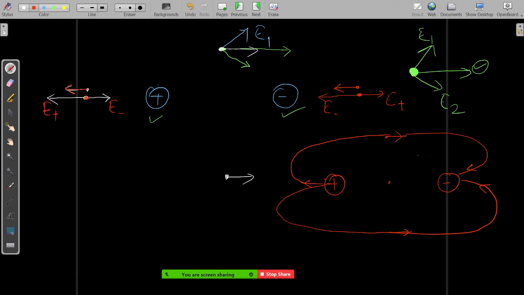In between also, the electric field at this particular point will be 0. No, sorry, it will not be 0. So the electric field will be from positive to negative at all the points in between also. So it forms a closed loop, right? So electric lines of forces are closed loops. Sorry, it is not a closed loop. You can see that it is starting from positive and ending into negative, but it's not closing the loop.